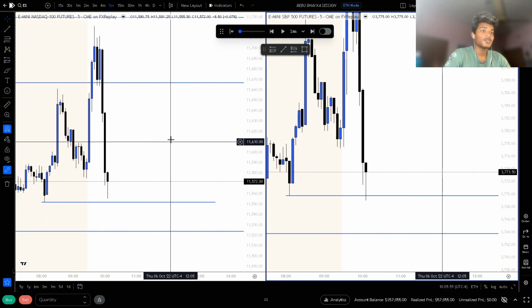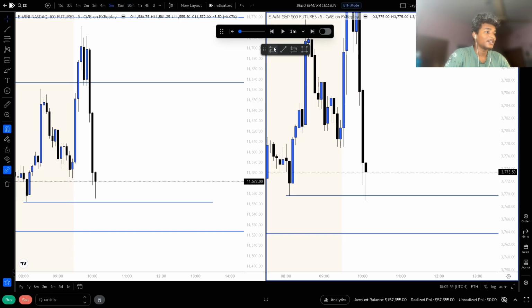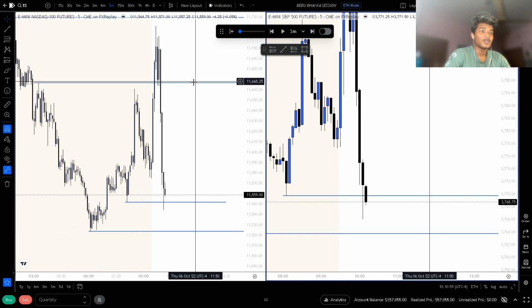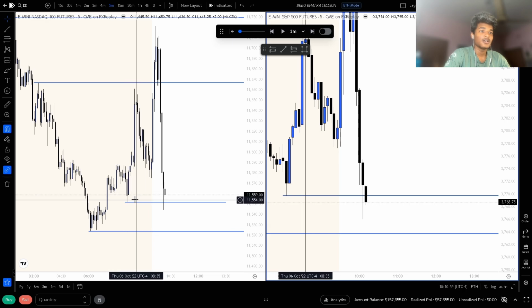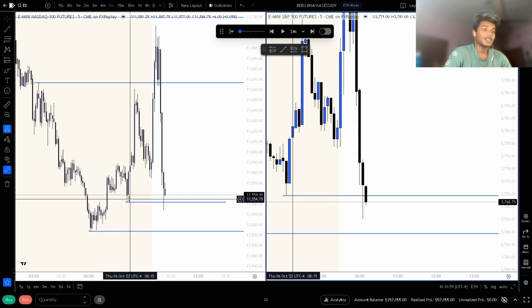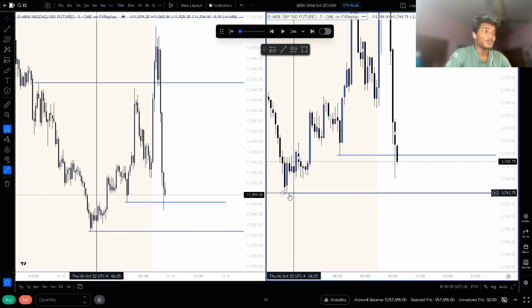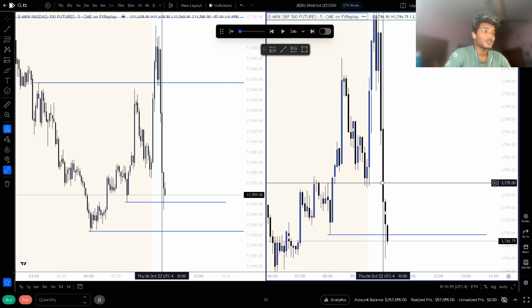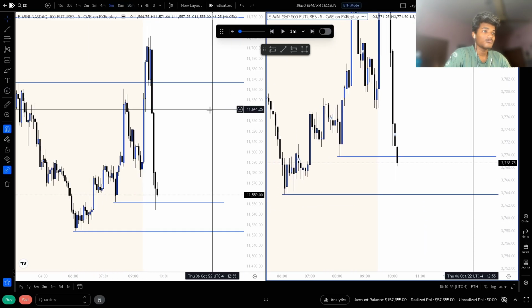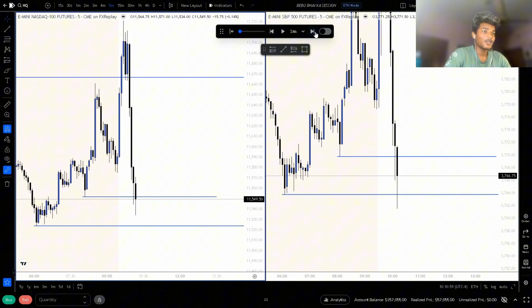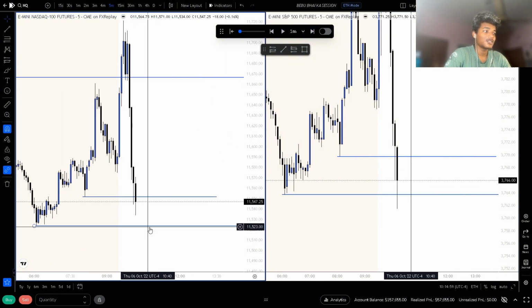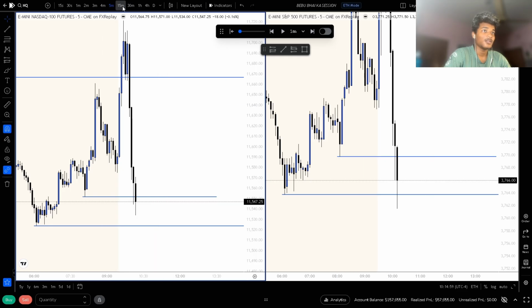So is this a nice shot? No, I want a retrace. So we take out this 15-minute ITL, and our main draw is gonna be this. So I don't feel like I can get any entries after this hourly gets taken out as well.